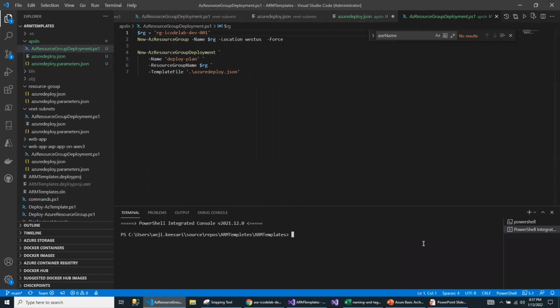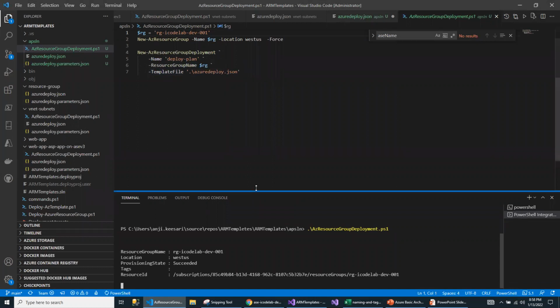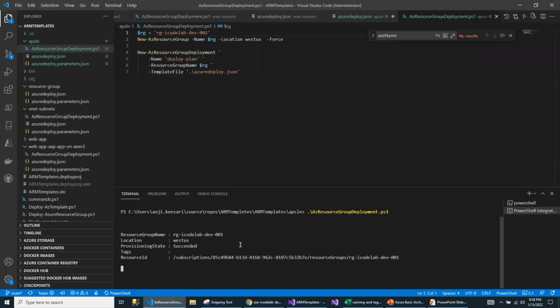So let me quickly, now I am in the root folder. I have to go into the app service plan folder, and then run the PowerShell file, which is going to read the data from this template file and create the app service plan.